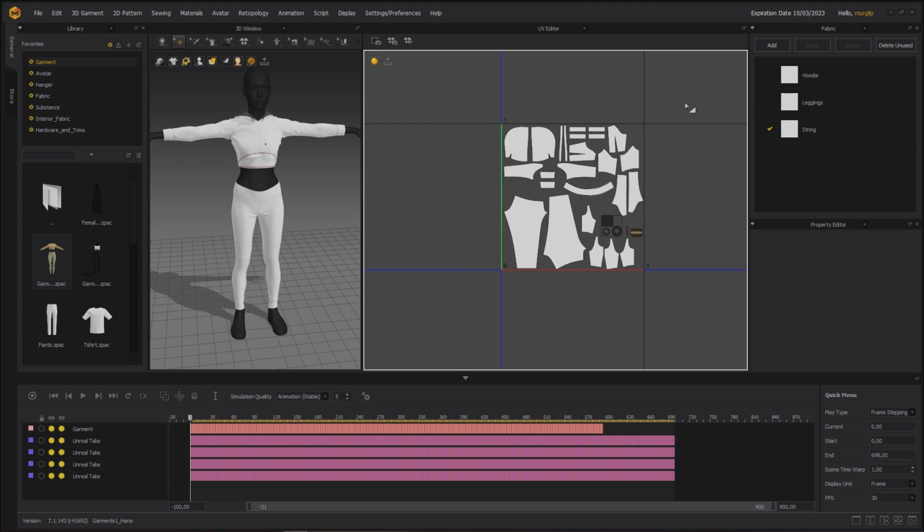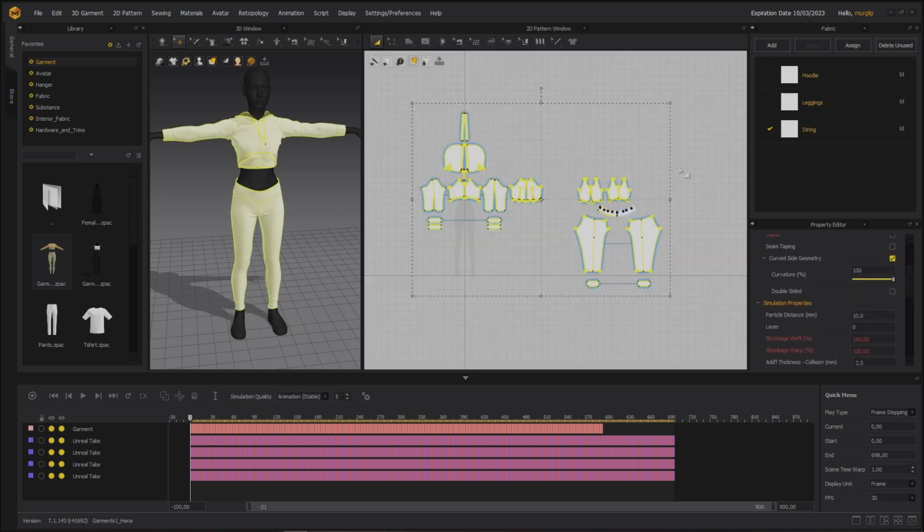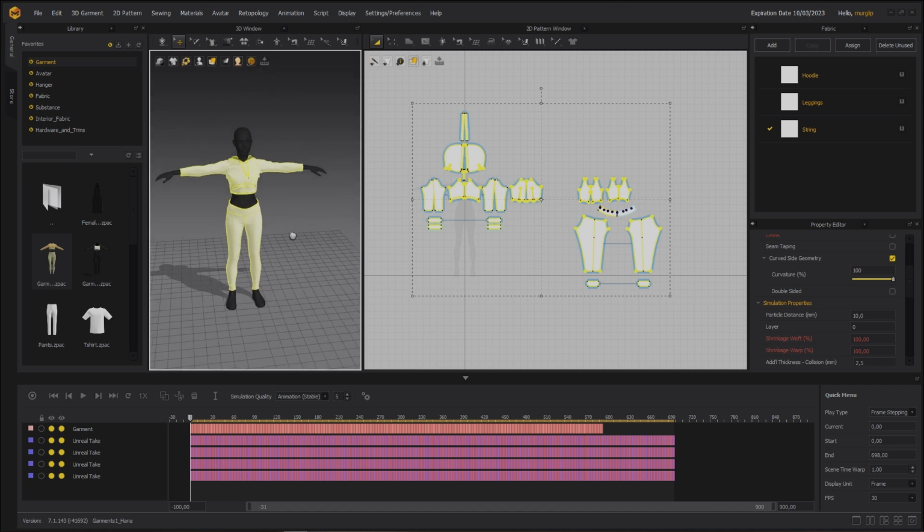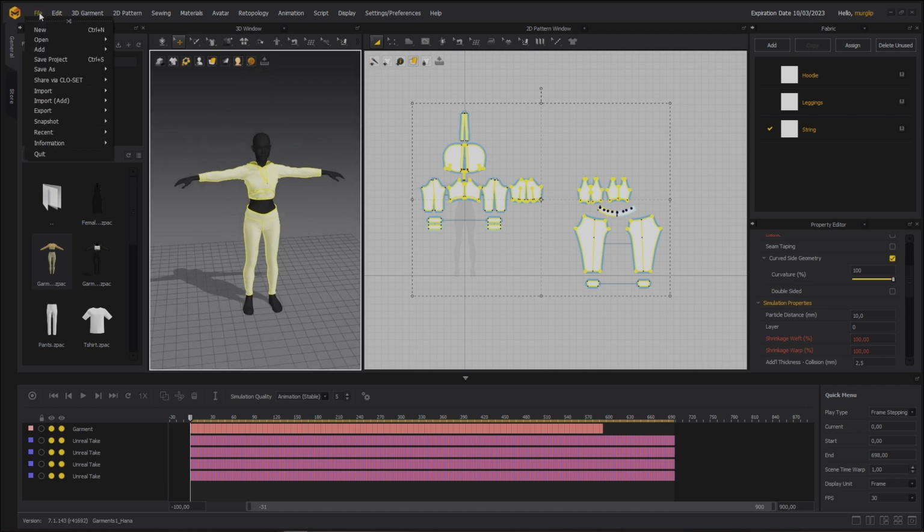Now from here, you want to select everything. You can also do it from here. Select everything. Then you want to make 2 exports. One is going to be export OBJ selected. That will be for when we do texturing.